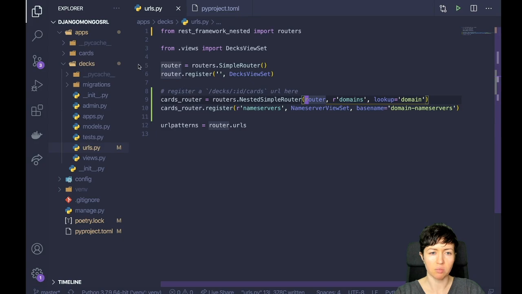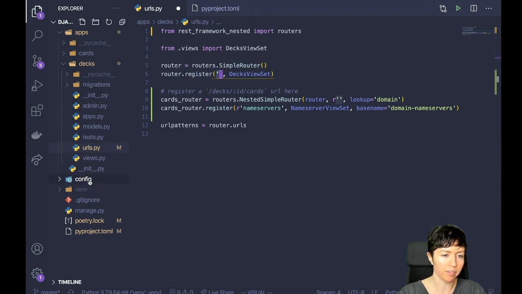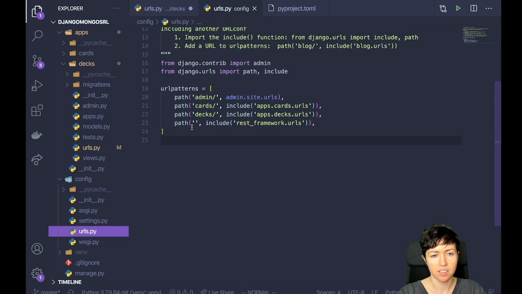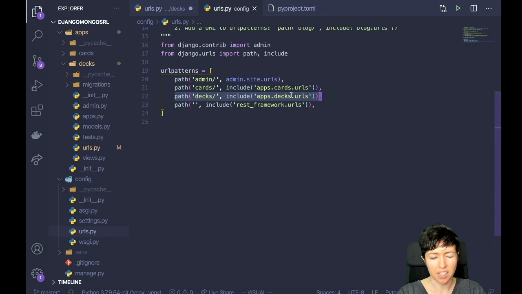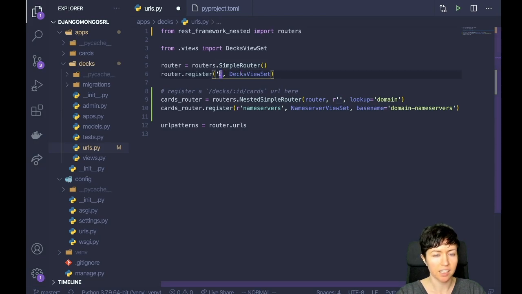Let's see, I passed in the router, so that's correct. And then this string here has to match the URL string from here, but it's just an empty string because I'm defining what the route is in my config/URLs file. So you can see my apps dex URLs file already has dex/ in it. So I don't need any other additions to that endpoint, so I'm just going to leave it like that. Lookup, let's see, dex. Okay, so cards router.register. Now here's where I register